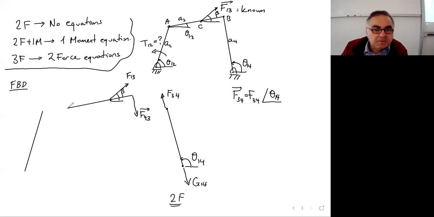Now, F23. There is another force here. We don't know it, but we know that there are three forces here, right? And these forces somehow have to meet at a certain point. How can that be? So this is, as you see, a three-force member now. How can it be? For example, it might be that it is